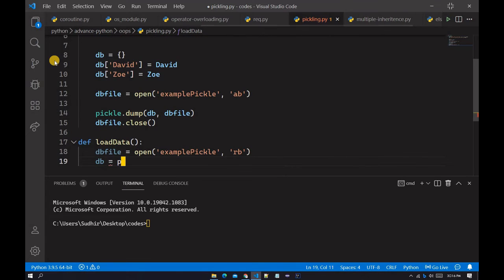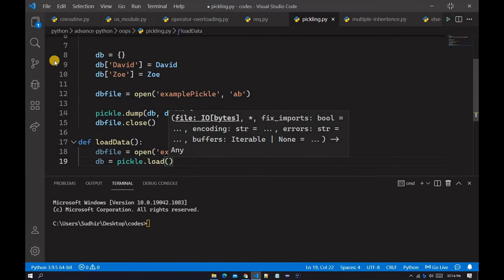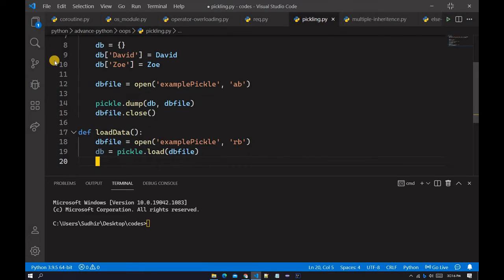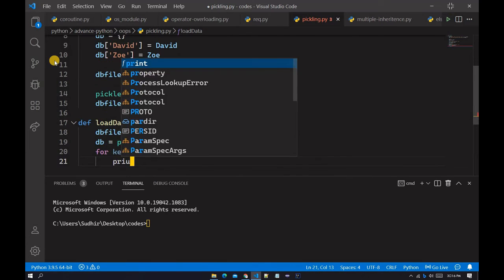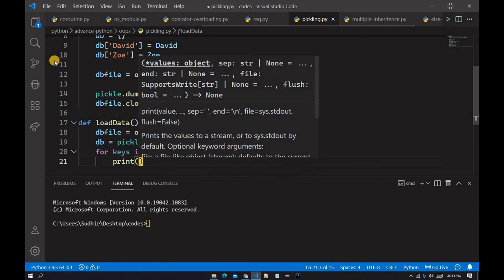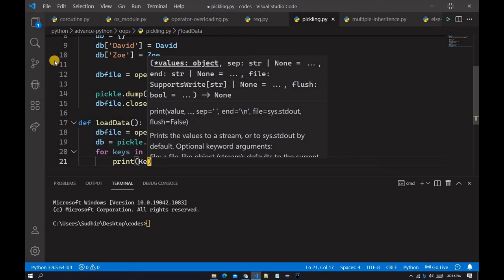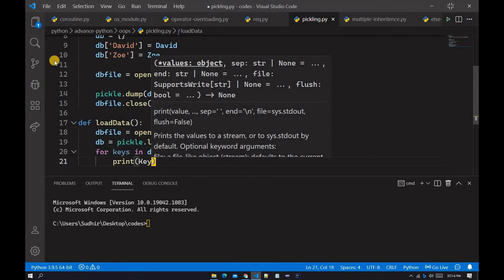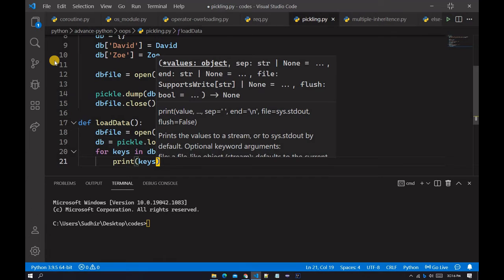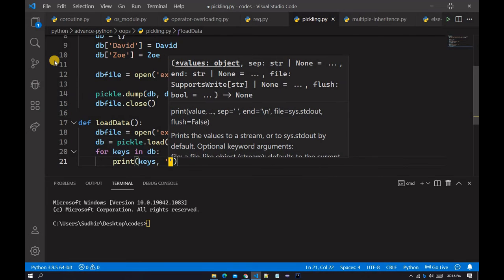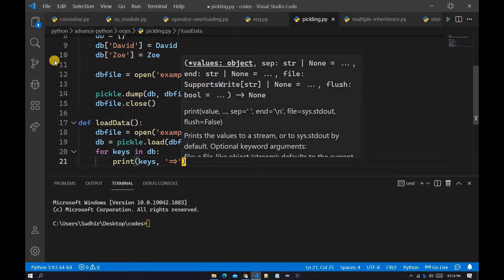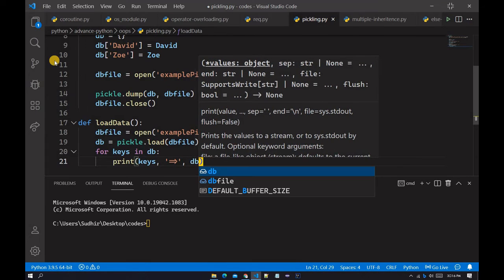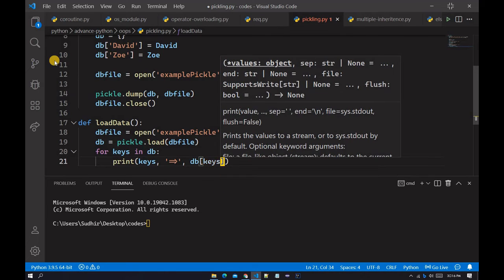Then db is equal to pickle dot load db file, and after that you have to type a for loop, for keys in db, and then we type print keys, and then a comma, an arrow, and again a comma, and db square bracket keys.